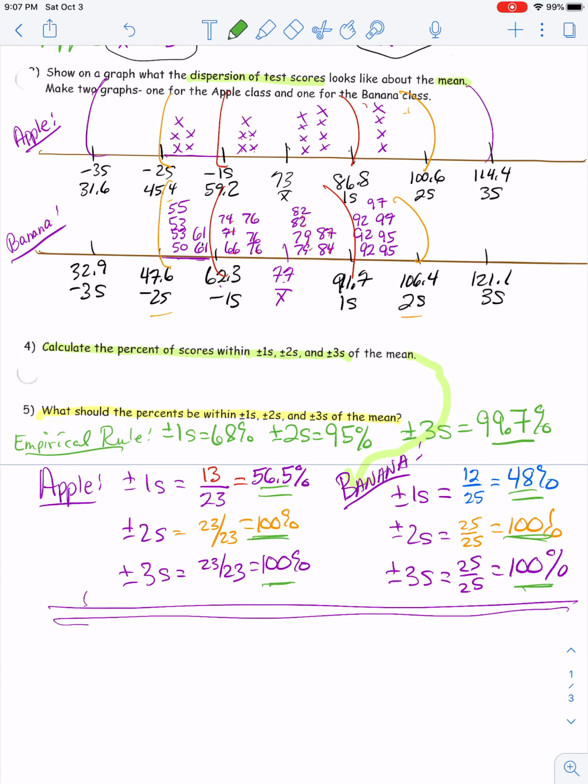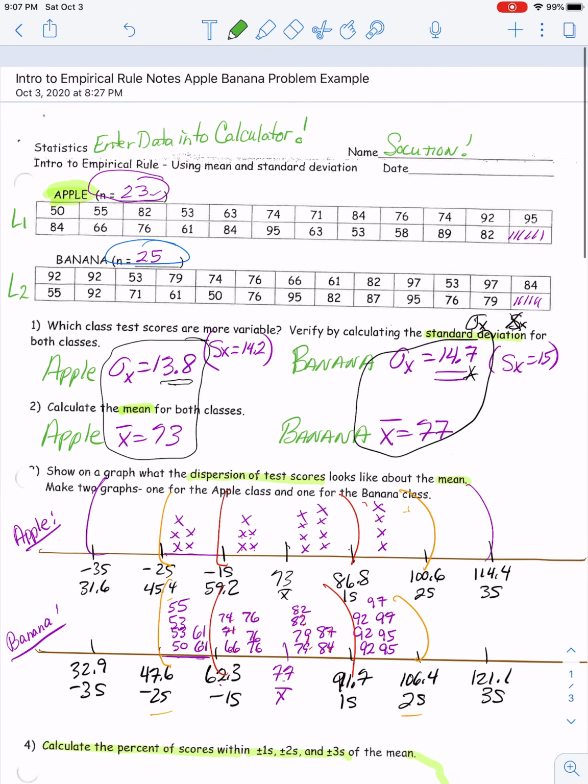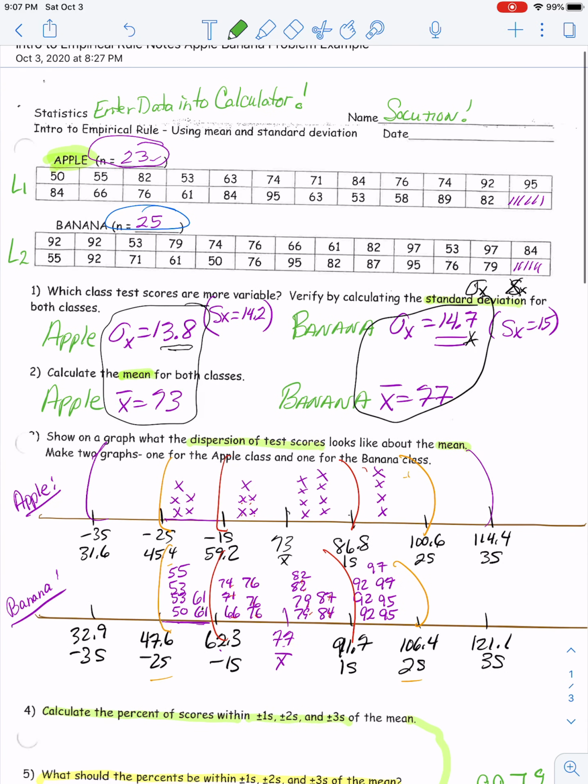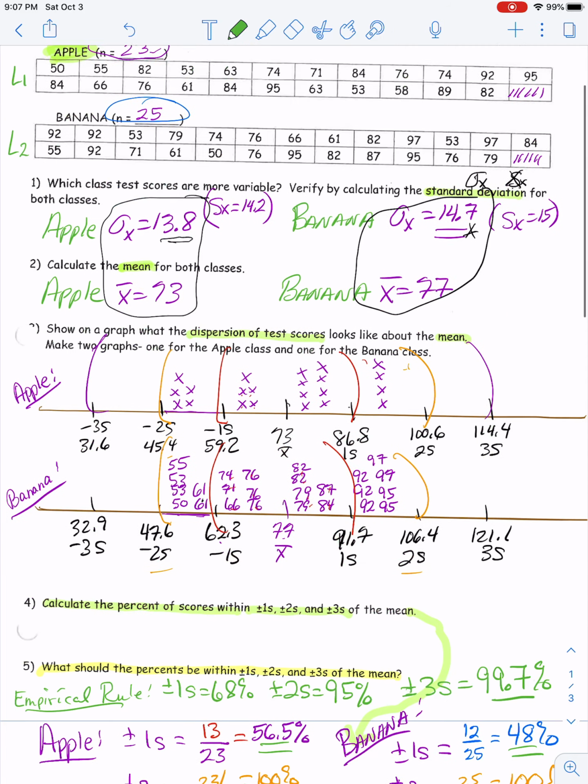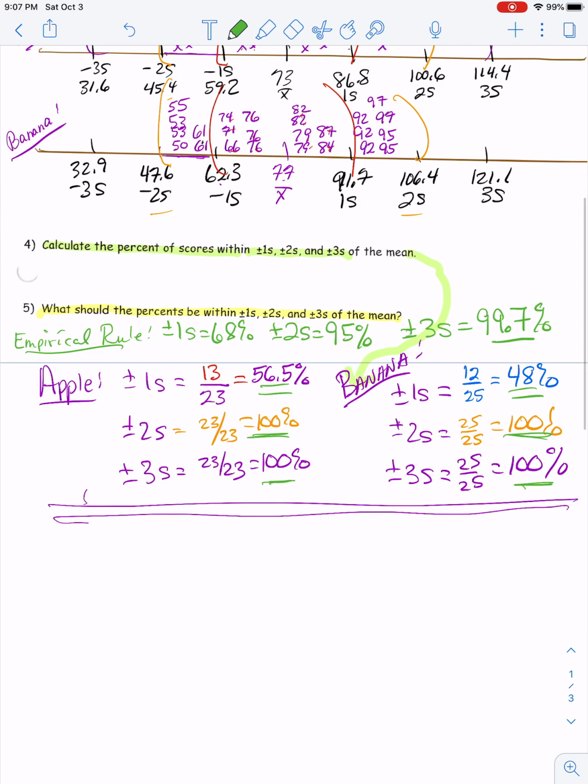Okay. So this was just a nice example to show you observed data, how it can plot out on a number line according to the mean and the standard deviation, so then that we can calculate percents in the different regions and compare it to the theoretical rule for what we expect to happen in those different 1, 2, and 3 deviations from the mean, and we can do a